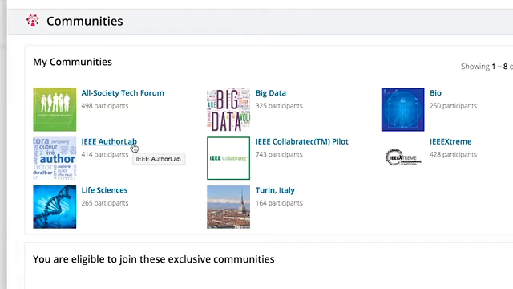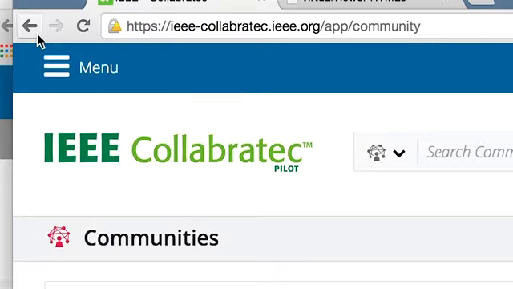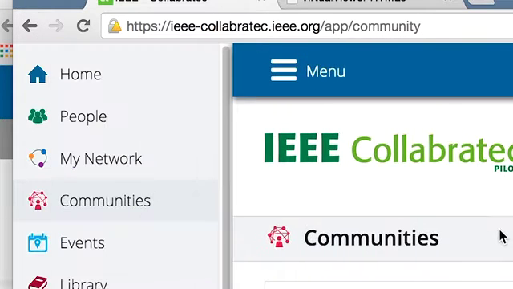The others are different. This one is for news for authors, on how to be a better author for an IEEE article. This one is the first geographic community, which is in Italy. Even though this is not my own city, I'm part of it just to see what kind of activity is going on there, and I can periodically log in and see which news my community has posted. So if you go back to the home menu,